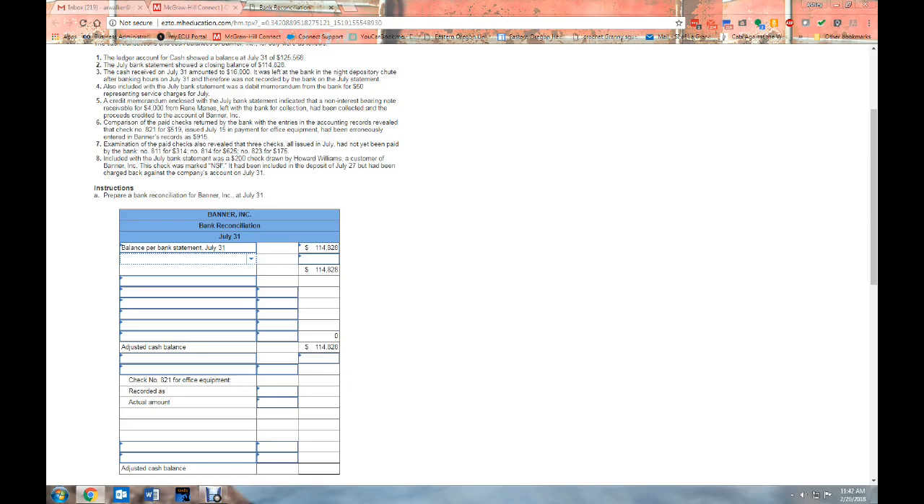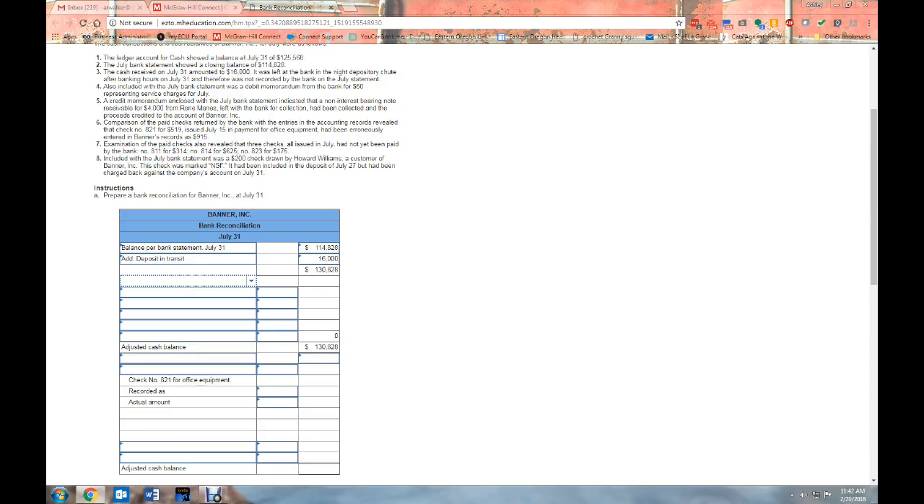So if we pull down, we know that's a night depository. That has to be a deposit in transit. It was $16,000. Now, go back to our notes. What else does the bank not know about? So we look at number